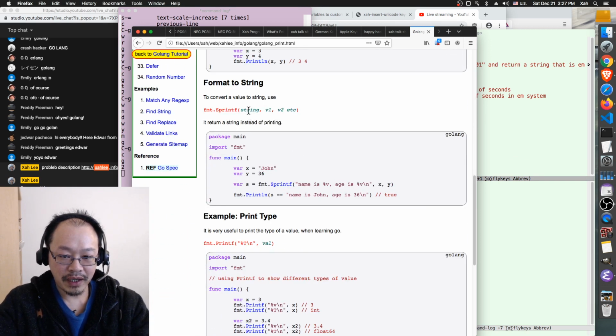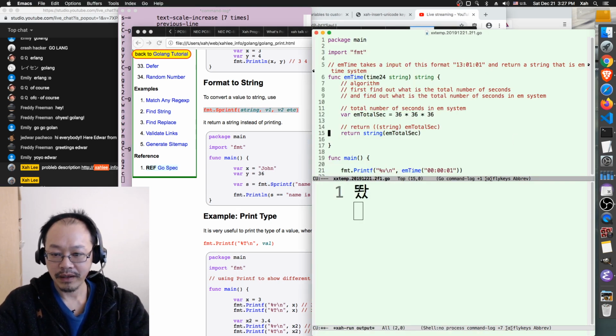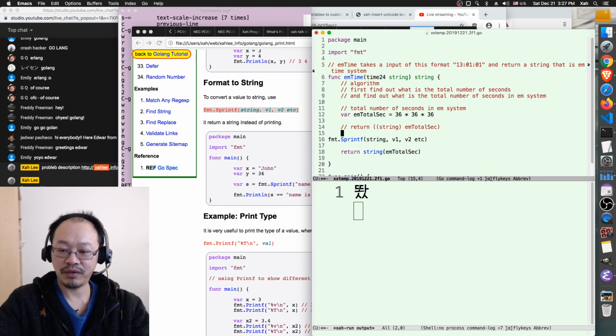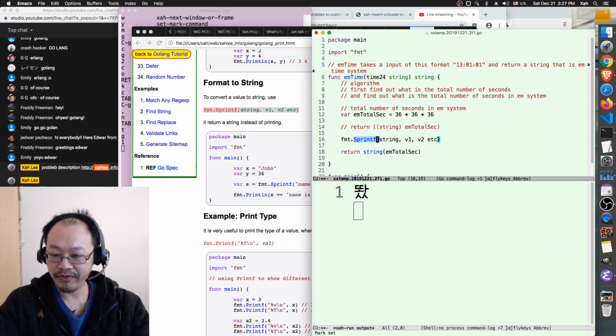Okay, so we want this. Okay, we want sprintf. We didn't even begin to code, but we run into so many technical little problems. So sprintf is we want to print, okay, this thing, okay, and